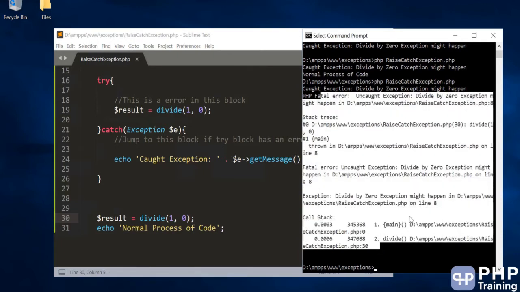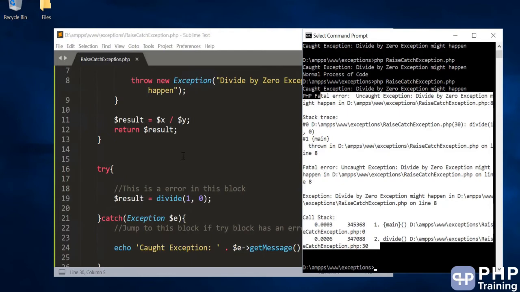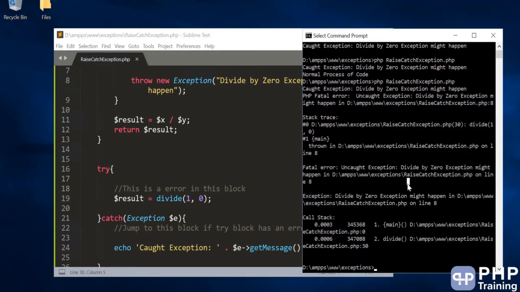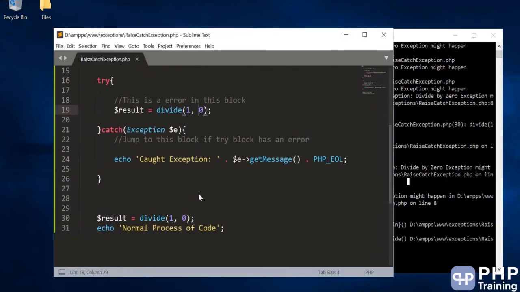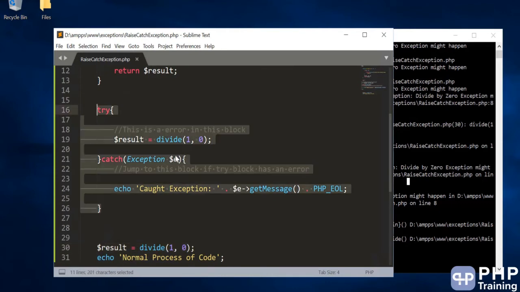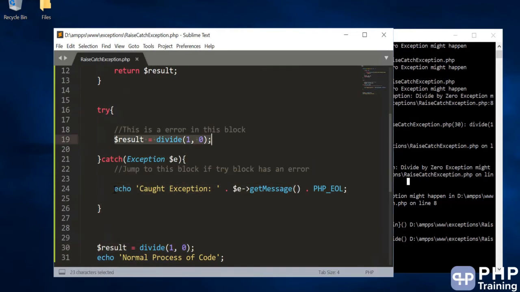And that error is thrown from your program, so you cannot really continue with your program because there's an error being thrown and it is handled by PHP. Now PHP doesn't know what to do, so it dumps everything onto the console and then it stops the program. Okay, so be careful when you write this kind of code. You need to have a good practice of writing the try catch block, catching the error, and then trying to handle that error with a clean exit.